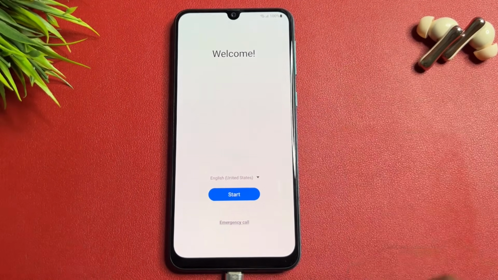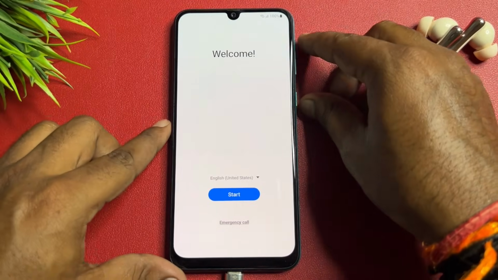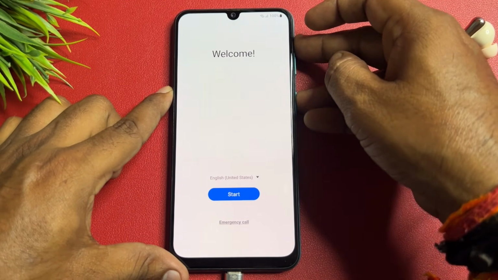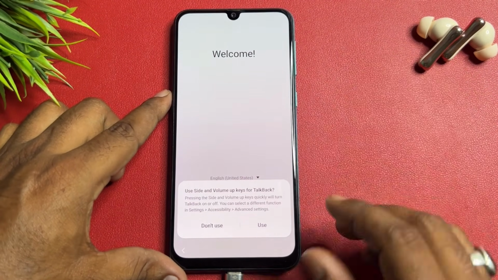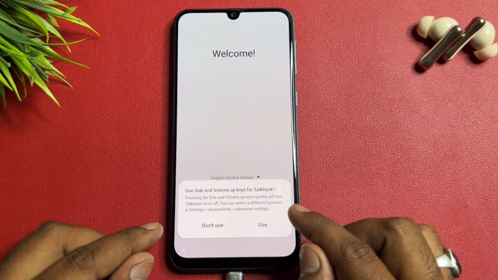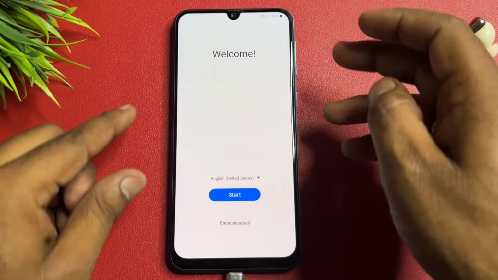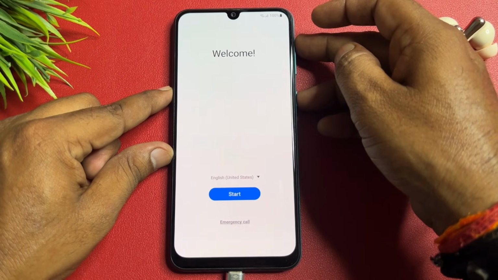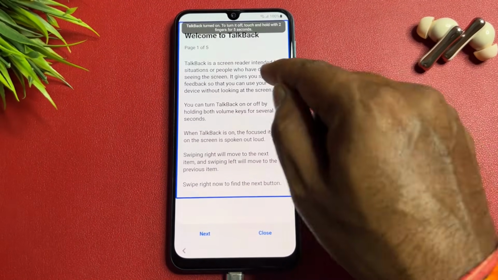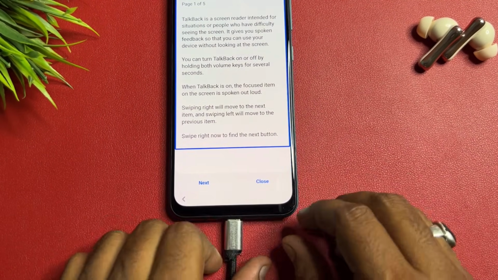If this does not work, you have to repeat the same process: power button plus volume up button, press and release at the same time. After that you get this TalkBack enable option, so you have to click the use button here, and again do the same thing: press power button plus volume up button, press and release. When this page comes, you have to disconnect the data cable,